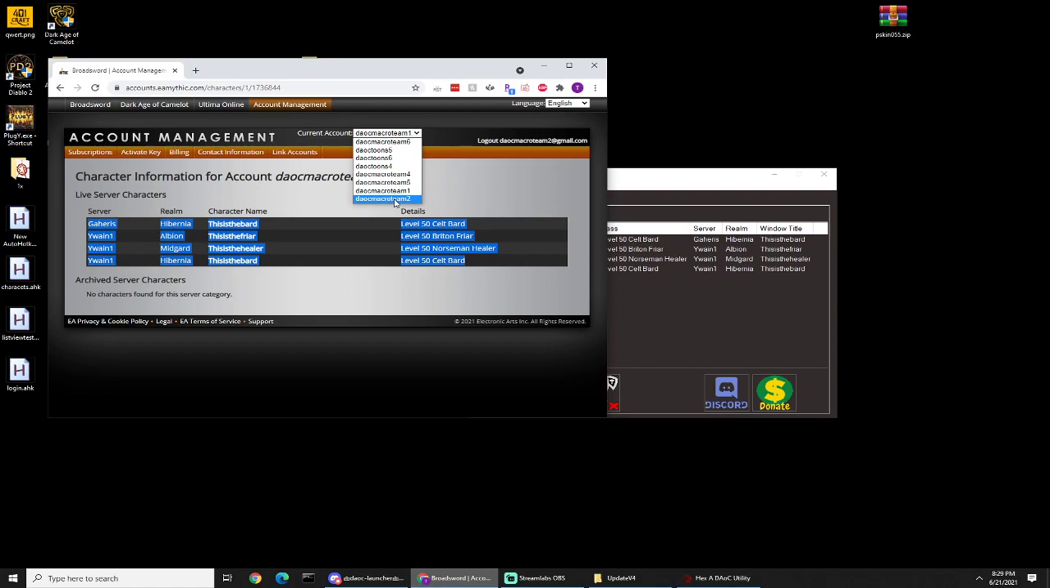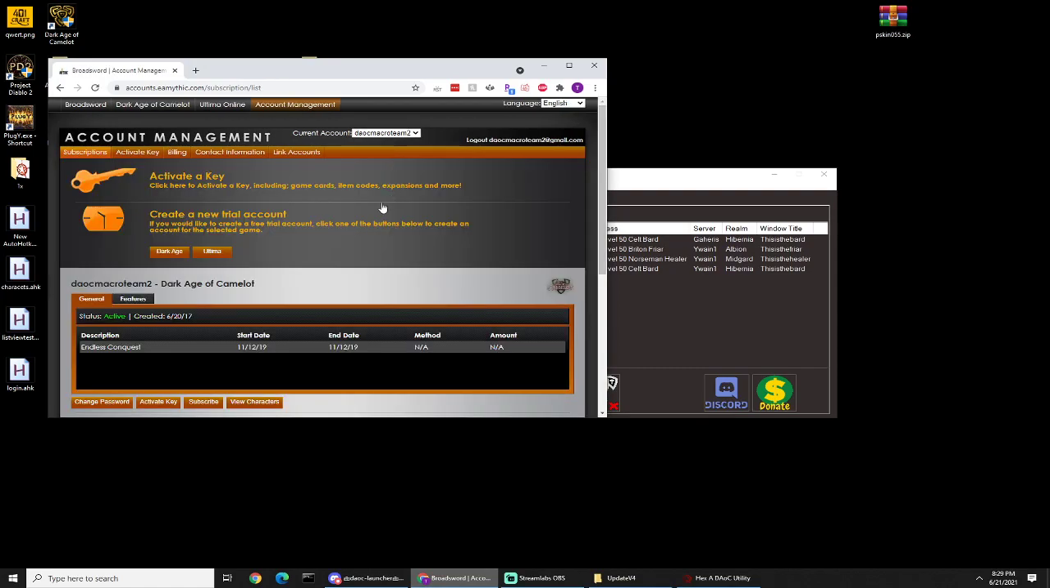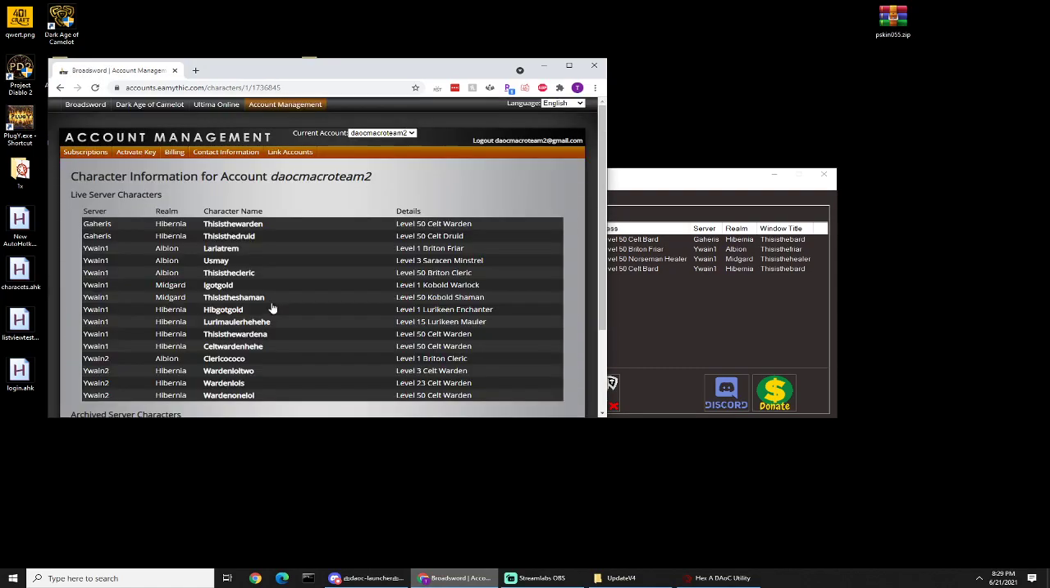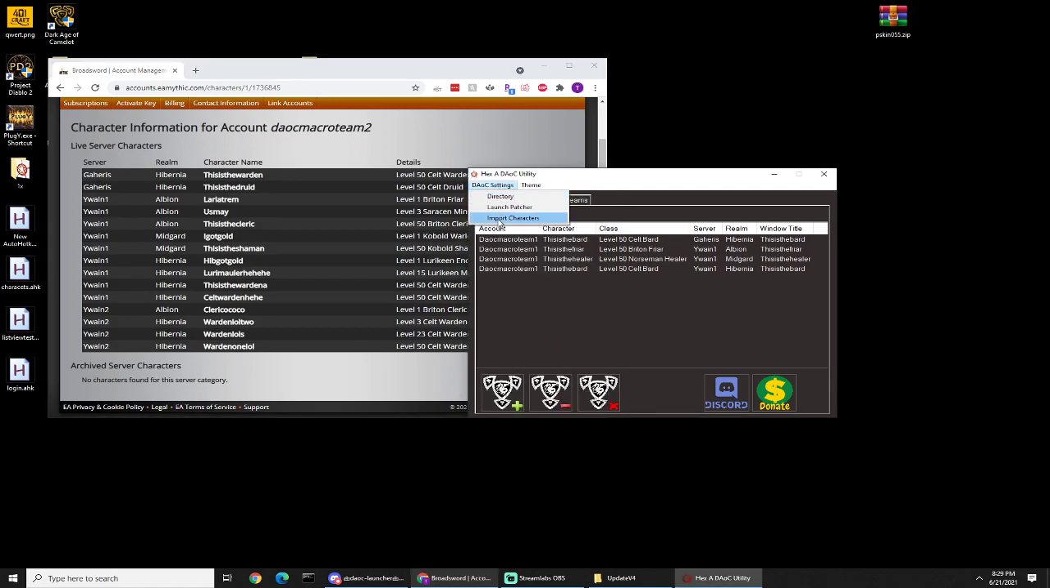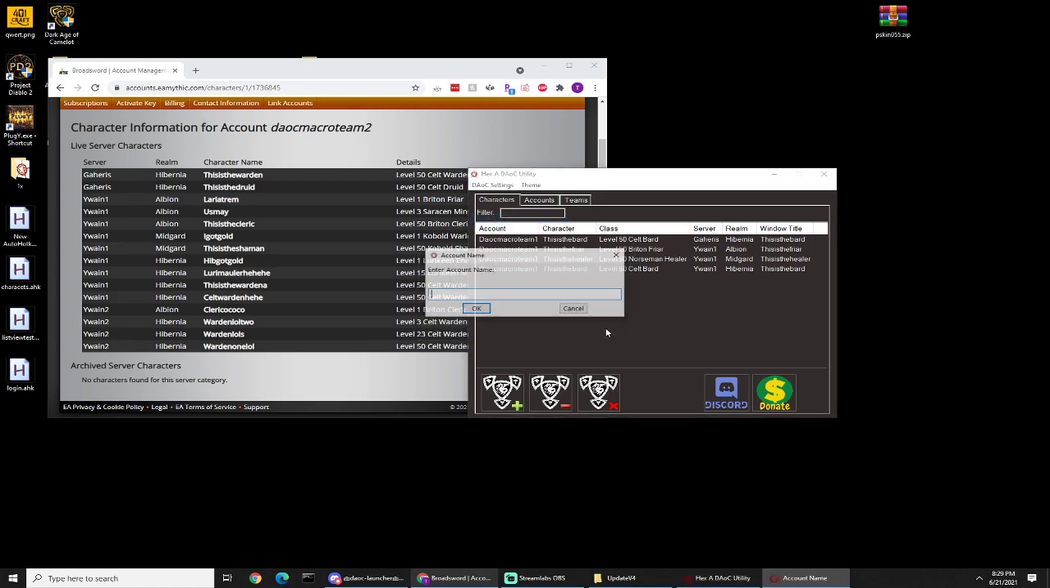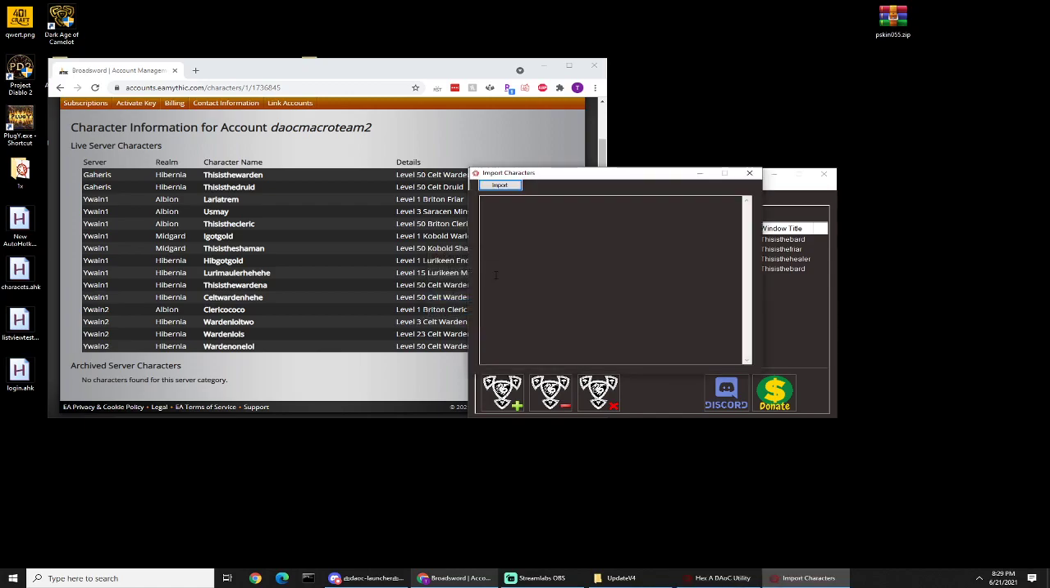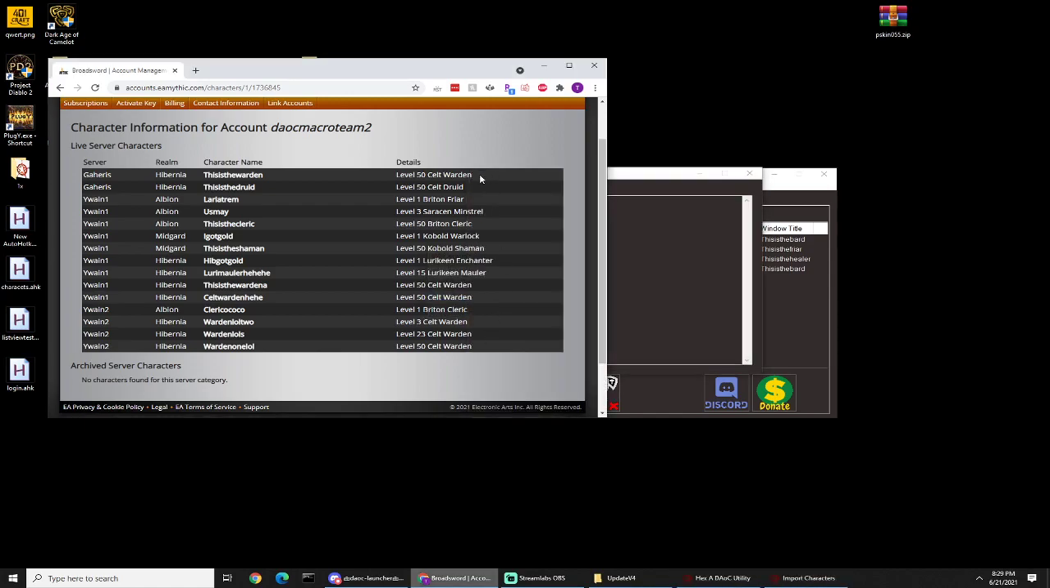So now we're going to swap to our next account. We're going to click view characters. Now on this account I may not want to add all because some of these are level 1s, so what we're going to do is go to import characters. We're going to click OK on the warning message, type in our account name, put in our password, and copy these as we want them. So we want these two,